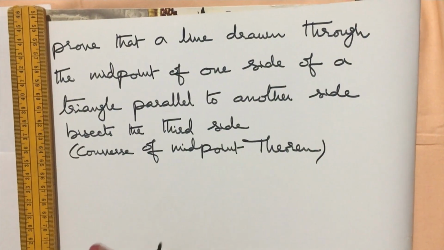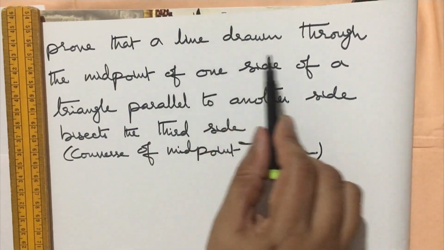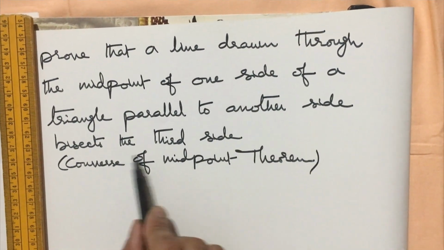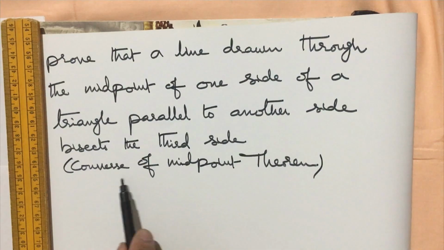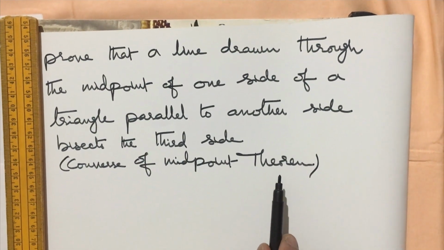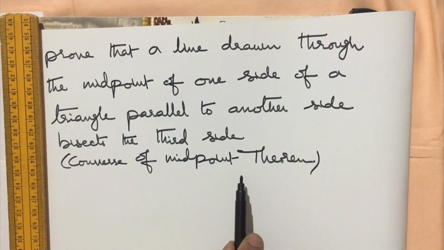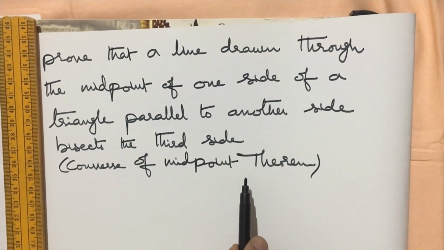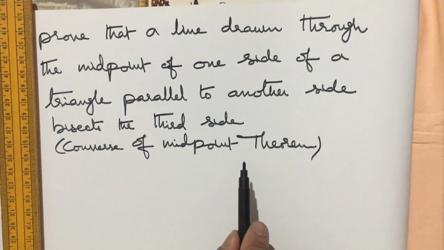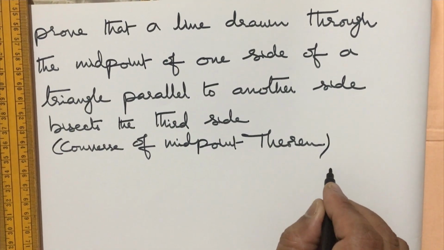Okay. Let us give one more proof. We have to prove that a line drawn through the midpoint of one side of a triangle parallel to another side bisects the third side. This is nothing but the converse of the midpoint theorem, which we learnt in 9th class. There we used some congruencies to prove the converse of the midpoint theorem. But here, we are going to prove this theorem using the BPT or the converse of BPT. So, let us take a triangle